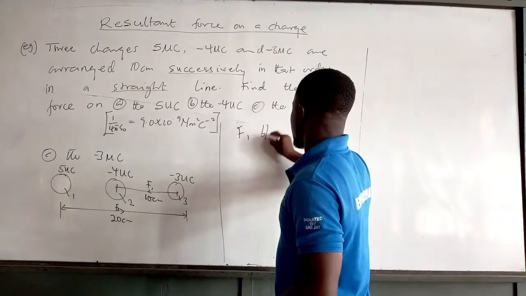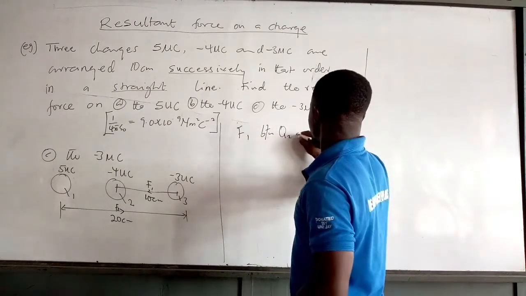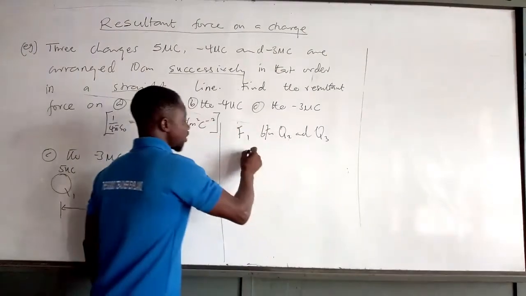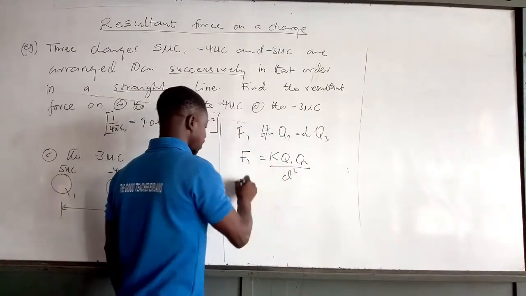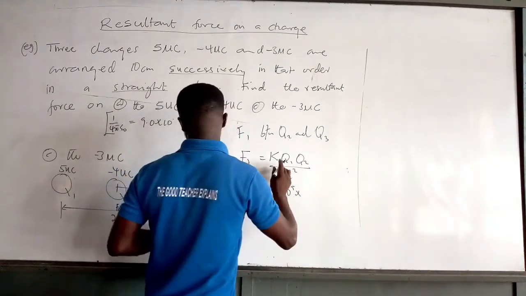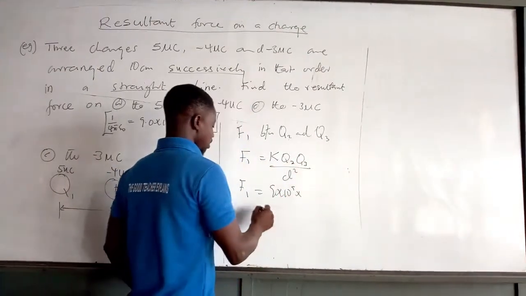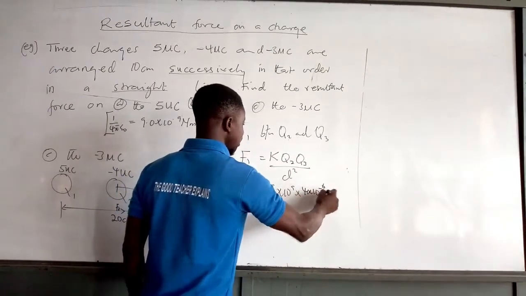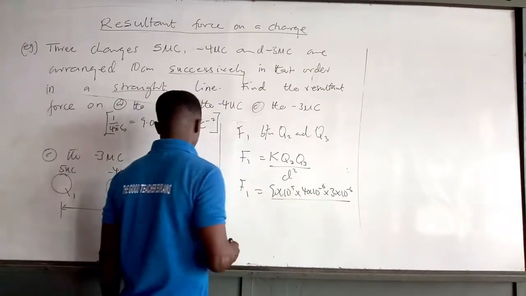F1, between Q2 and Q3. So that is going to give us F1 is equal to kQ2Q3 all over d squared. F1 is equal to 9 times 10 raised to the power 9 times Q2, 4 times 10 raised to the power minus 6, times Q3, 3 times 10 raised to the power minus 6, all over